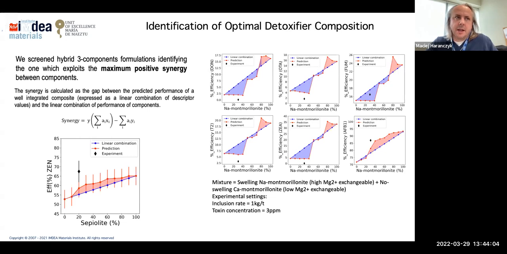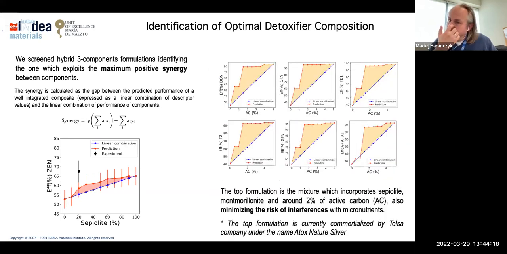In practical application, we can even improve this adsorption by mixing this composite material based on 2 clays with an additional amount of activated carbon. So we can also build a model that has the amount of activated carbon in this nanocomposite material, and we can find that 2% of activated carbon improves the efficiency of removal of those toxins.